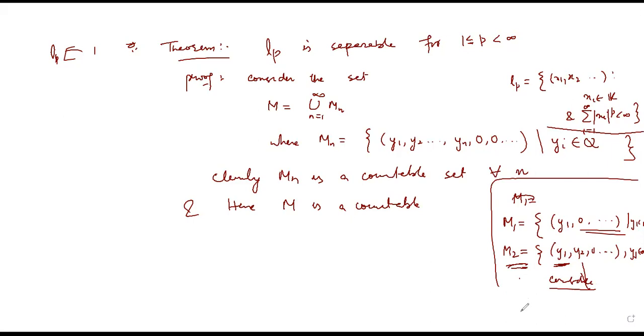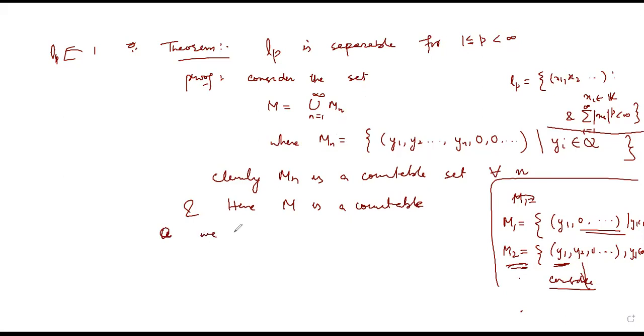So you can go on and on. So all Mn's are countable. And because M, अगर मैं लेता हूँ union n runs from 1 to infinity, it's then a countable union of countable sets, and hence M is countable because yi's are rational. Okay. Now